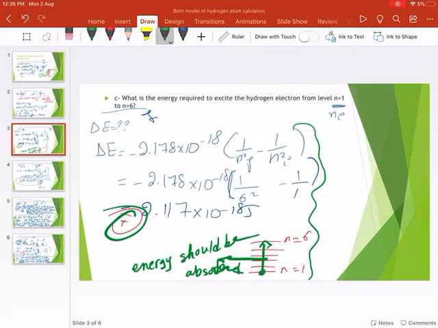As you see here, it is the opposite, from n equals 1 to n equals 6. So without calculation, I can directly say it's the opposite: I just write the opposite sign with the same value of